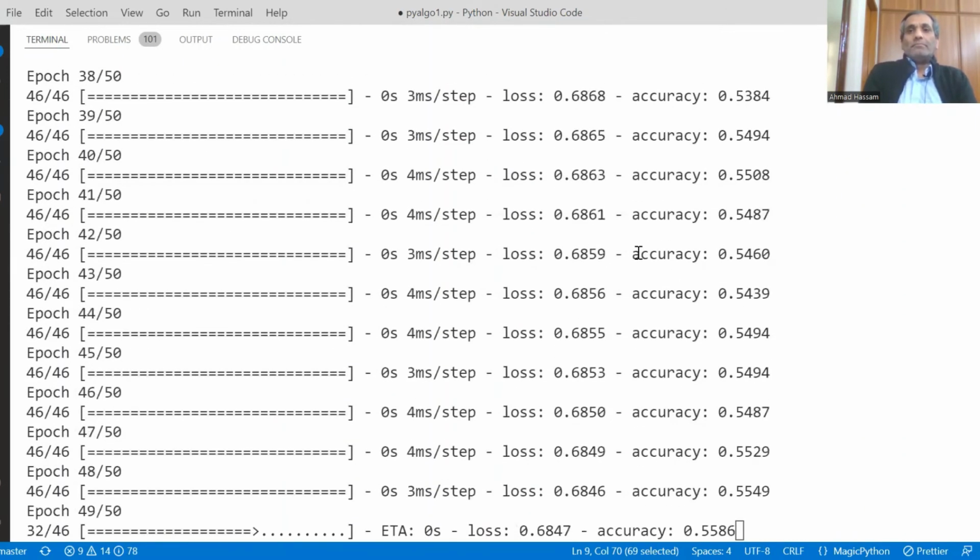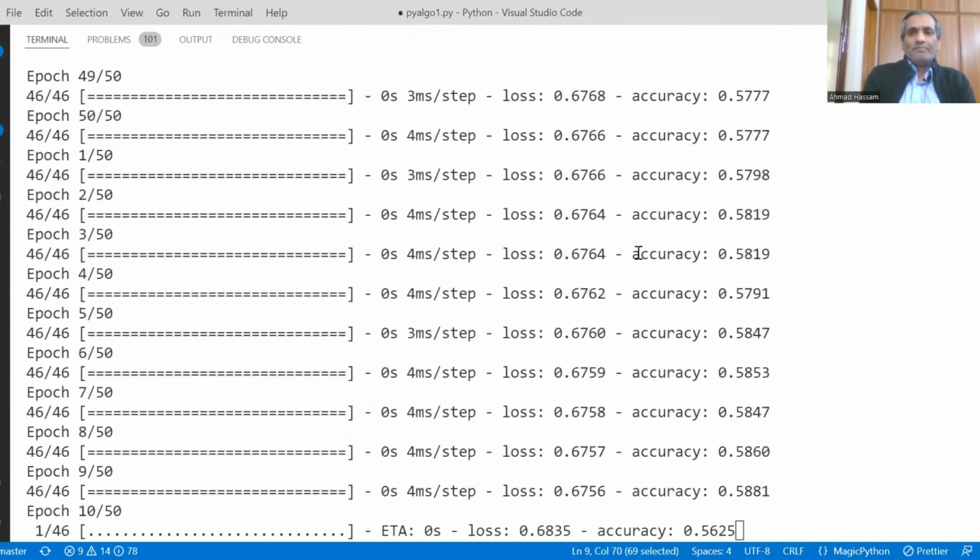Now Python is working frantically and backtesting. It will take some time. It will take at least half an hour.